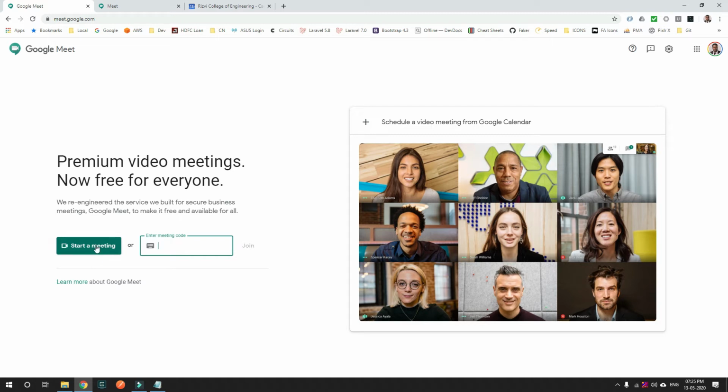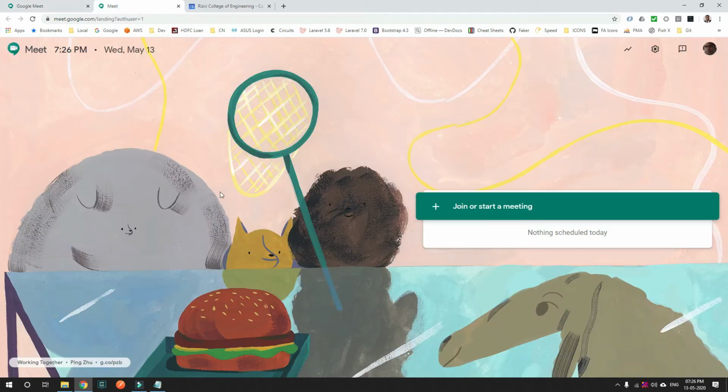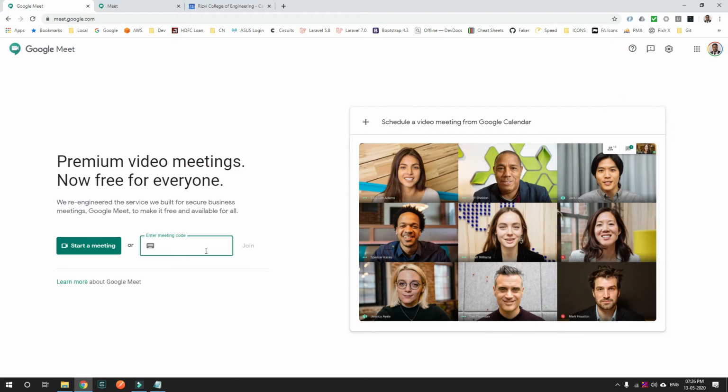Before we start with this, I would also like to tell you one thing about Google Meet: if you have a G Suite account, so basically if you have a corporate account or an educational account, then the interface will be slightly different. In this case the interface looks something like this. It is much more premium. The options are the same, that means you can join or start a meeting, but there is a single window for that, and here you have different windows for both of them.